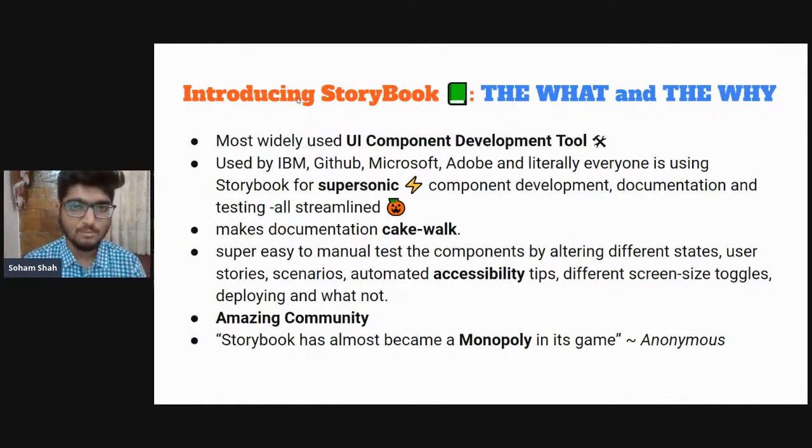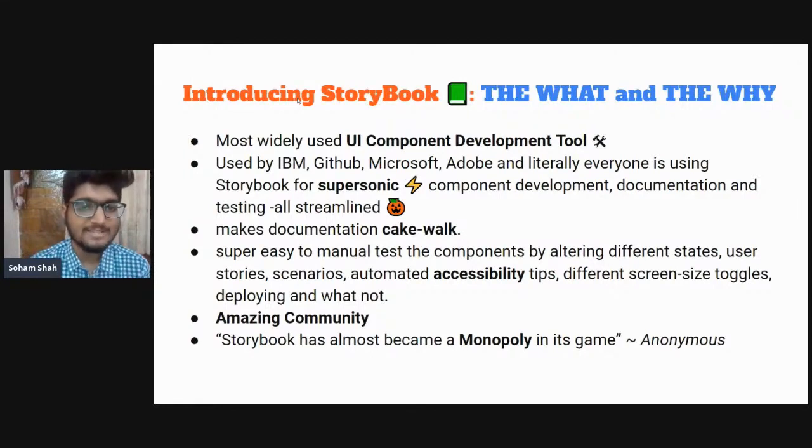Obviously when you are doing small websites or small applications, it's fine, but when you're doing something large, the designers also have to check on a lot of things, because the user base is going to be very high. The designers would check on accessibility and multiple extra edge cases. They would do manual testing on the UI.